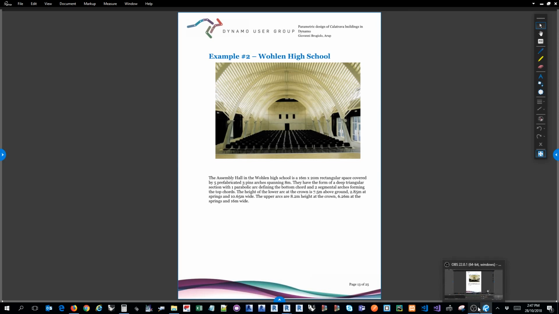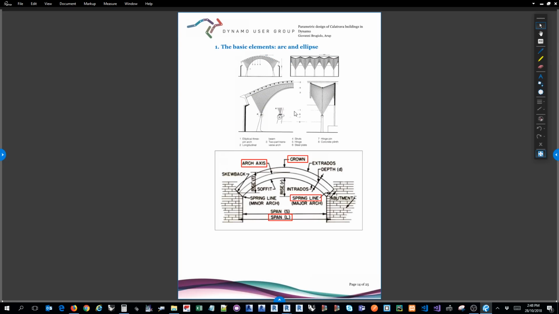Hi everyone, in this second example we will look at the Wallen High School by Calatrava. It's an assembly hall, 16 meters by 20, and it's covered by five prefabricated 3-pins arches spanning 8 meters. So there are two sets of arches, 5 lower arches which have an elliptical shape, and 5 upper arches which